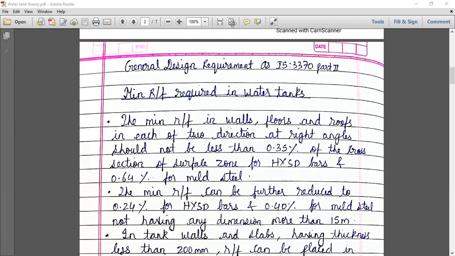सो दिस, ओके, सो आई जस्ट शो यू द 4 पार्ट्स। ठीक है, पार्ट 1 में जो जनरल क्राइटेरिया है, एवरीथिंग इज गिवन इन IS 3370 पार्ट 1। ठीक है, सो पार्ट 1 इफ यू रेफर, everything regarding the material, the specification, everything is given in part 1. Okay, so let me just show you part 1 also.